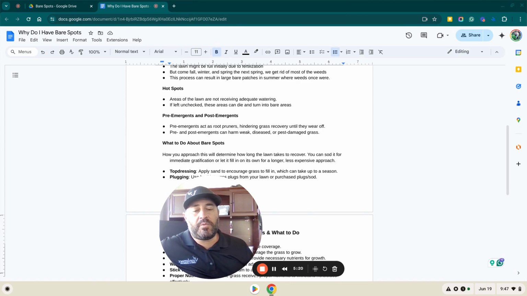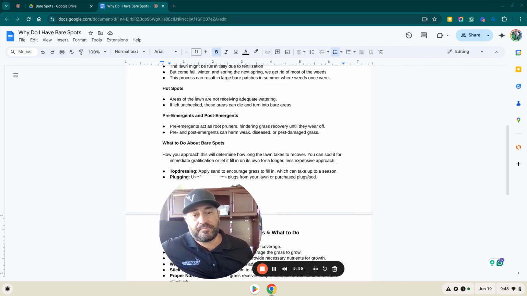Hasn't rained. It's rained 0.2 inches. As of June 19th, we should have had like 4 inches of rain. So we're in a serious drought. And if you've got hot spots in your lawn or you don't have any irrigation, you're going to have some bare spots because the grass is going to start to die out for lack of water. Grass is 75 to 80% water by weight, and so it needs water to survive. And so those hot spots, if you've got problems with your irrigation and you leave those hot spots unchecked, can